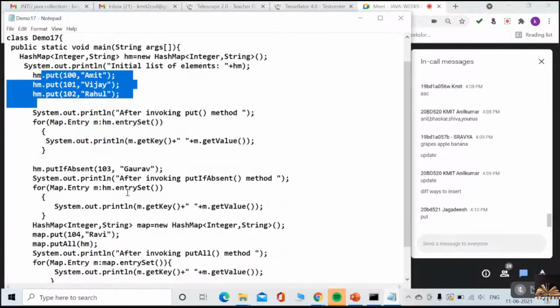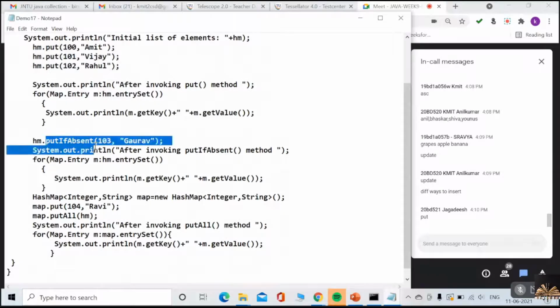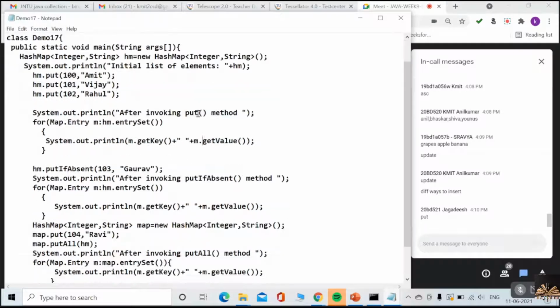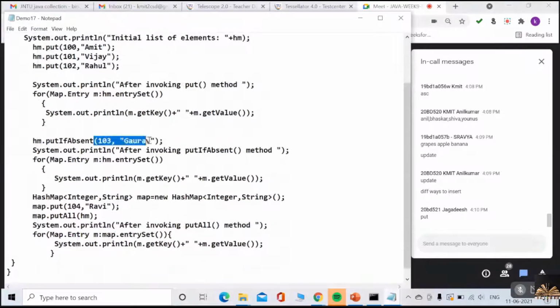Put if absent: if you don't have this key, then only you add this entry to your hash map. Yes or no? It's hash map only, right? So if you don't have this entry, you just insert it into your hash map.